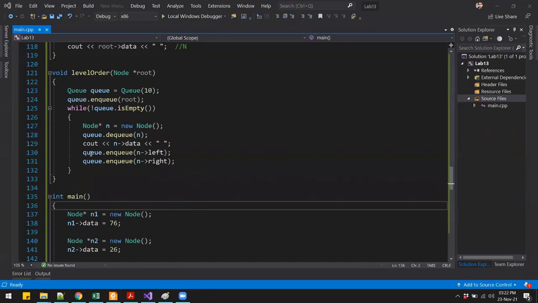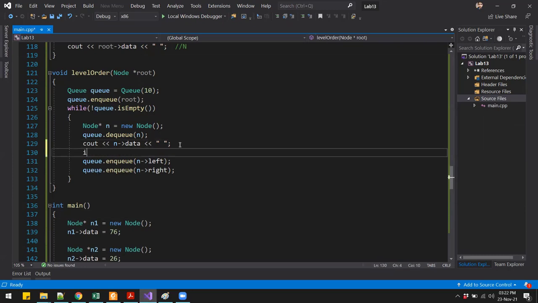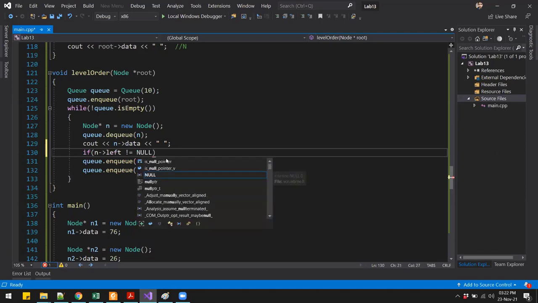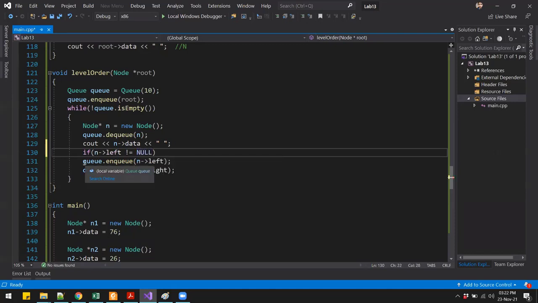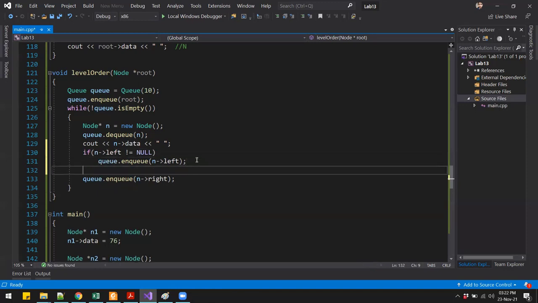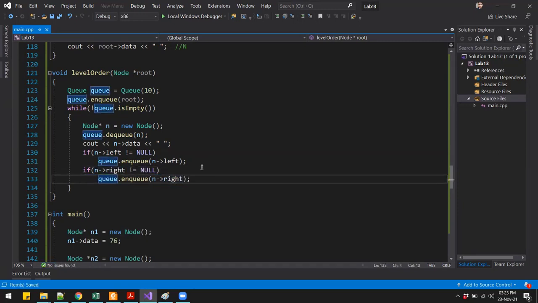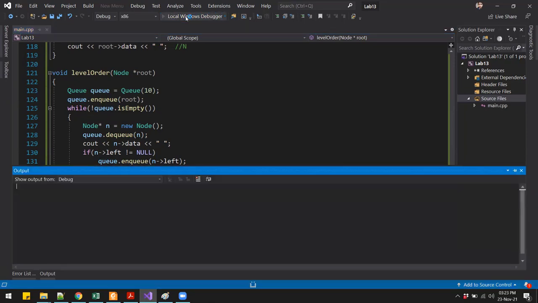So we will only enqueue into the queue if our left and right child are not null. We can say if node arrow left is not equal to null, then only we enqueue the left child, and the same with the right child. If node arrow right is not equal to null, then only we enqueue the right child, and hopefully that should work.